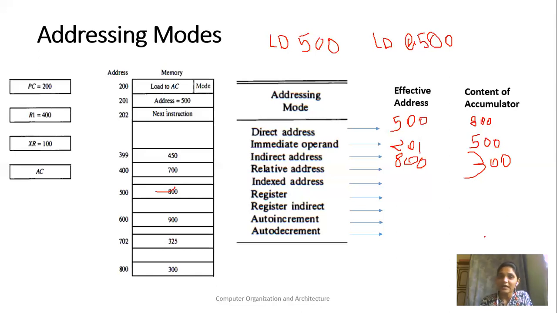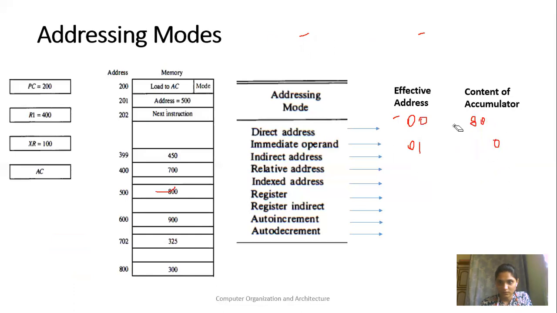Okay, so like this way, if you consider, let me consider a next example, that is relative addressing mode. In this addressing mode, your operand is stored at location at address field, plus what you have to do, you have to add program counter.